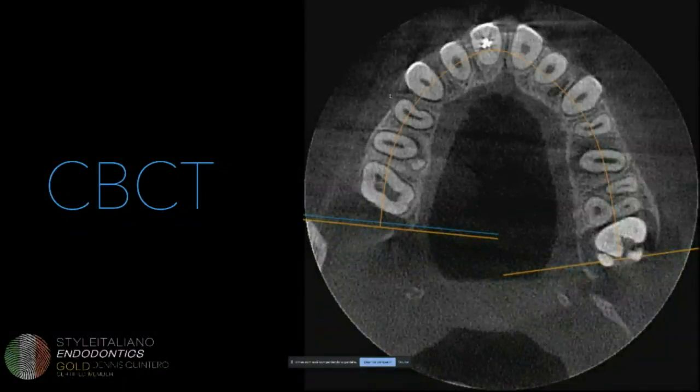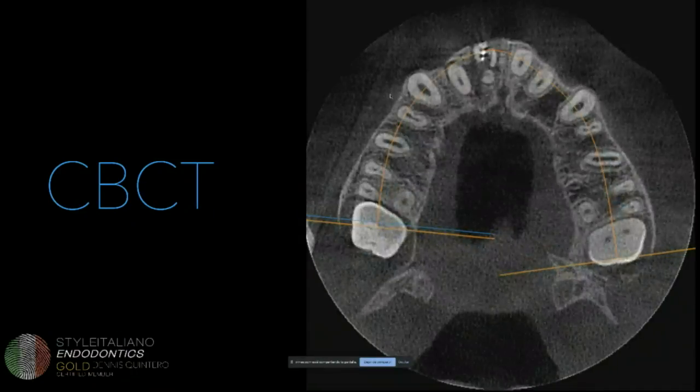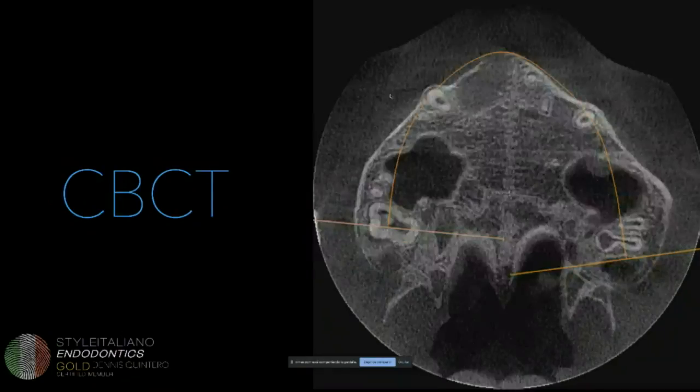and then we start looking at the 3D in different angles to see how big the lesion was and how far the bone loss extended, and also to see if 1.2 was really necrotic, and if 1.2 also has a big lesion. Okay, so you can see that this young patient has